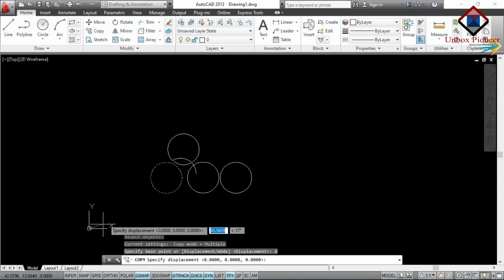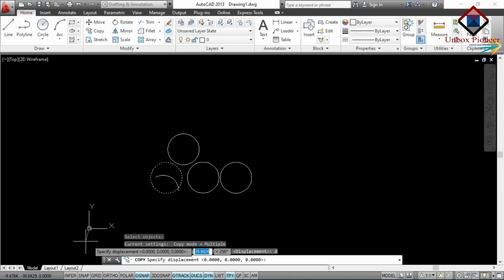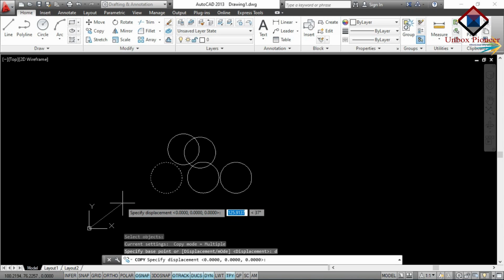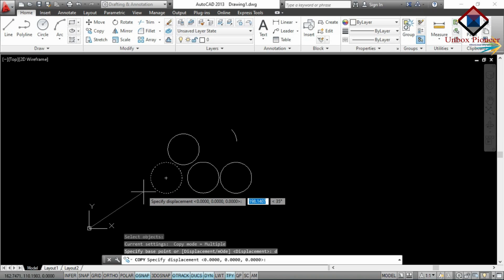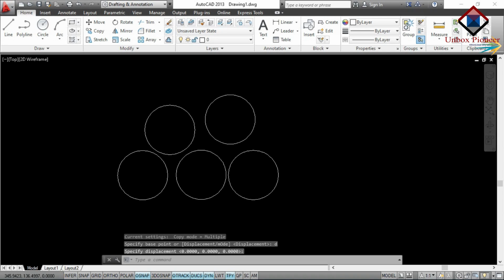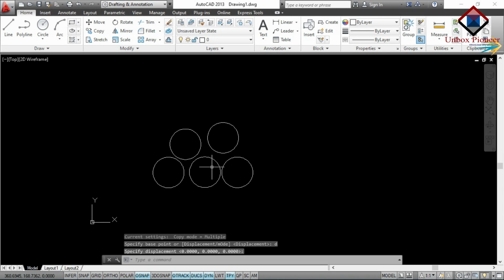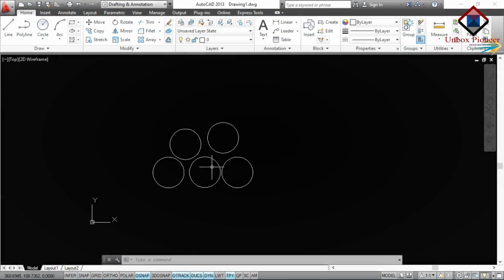So this is your X, Y and Z axis. From here, if you have the X, Y and Z axis values, you can put them here. Otherwise, you can select as per your requirement. That's all about the copy command.